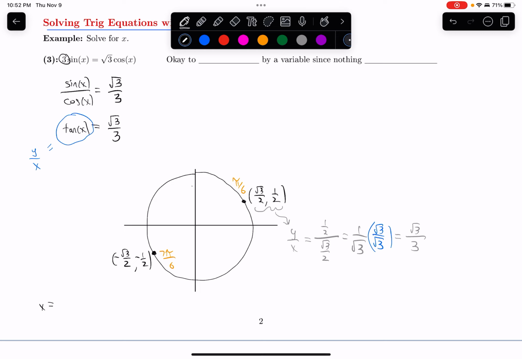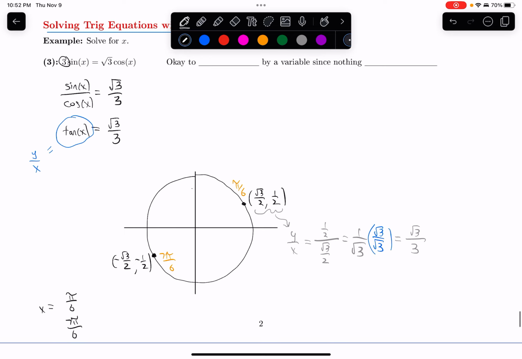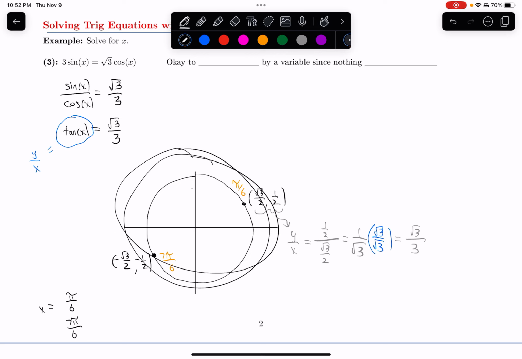Well, there's two possibilities. I am getting pi over 6. I'm also getting 7 pi over 6. But notice that there's no restriction in this problem. It's not saying that my angle is between 0 and 2 pi or anything like that. And that means I could go around the unit circle as many times as we want, and we've seen that